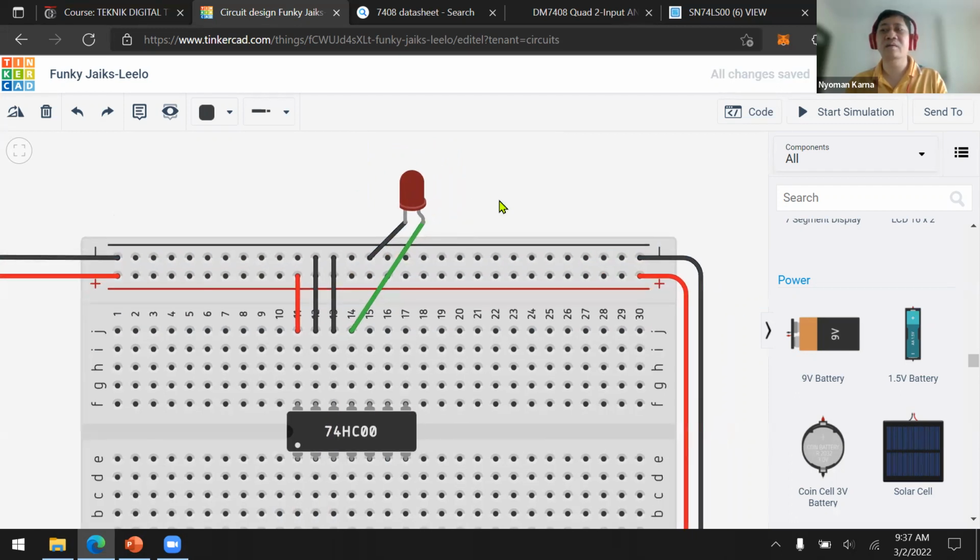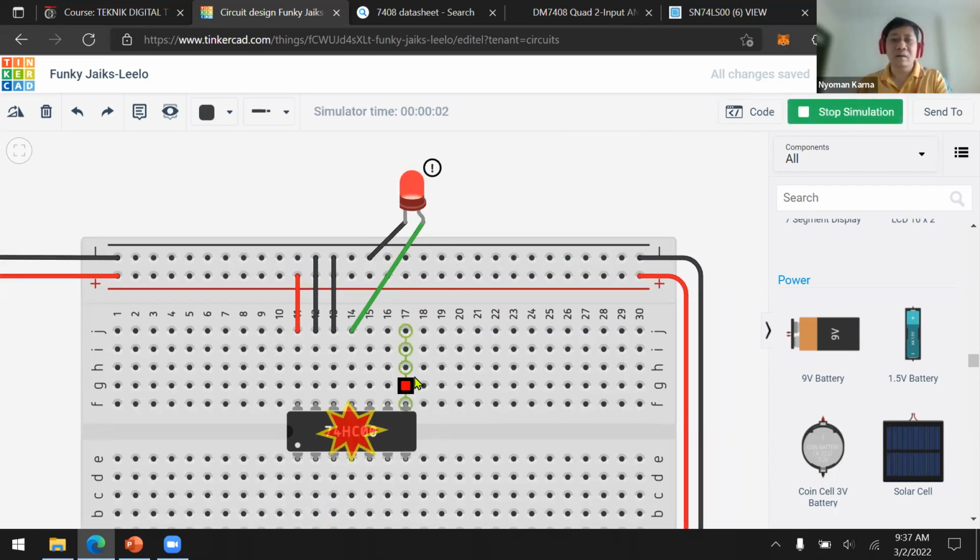Okay, now let's try to start the simulation. Broke. Why? This device broke because the current through pin 4Y is 47.7 milliampere.